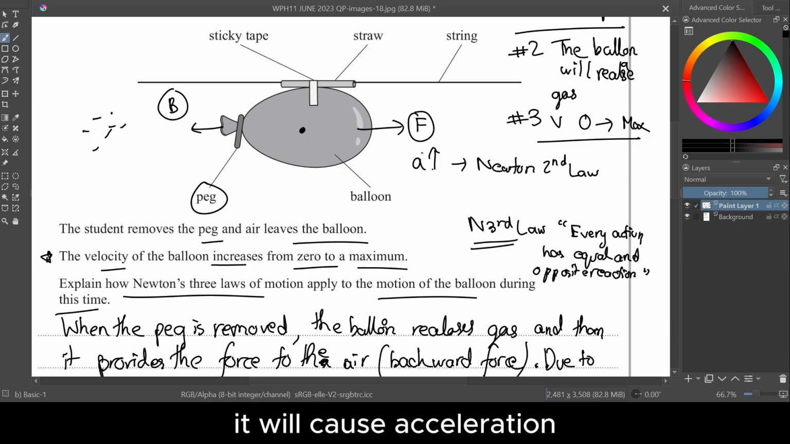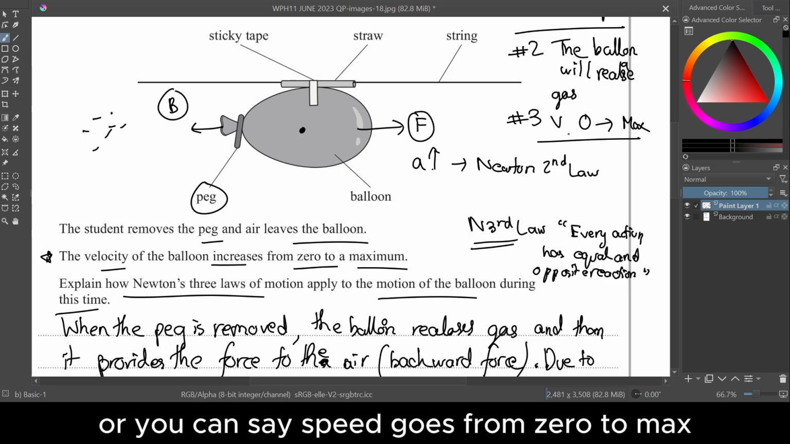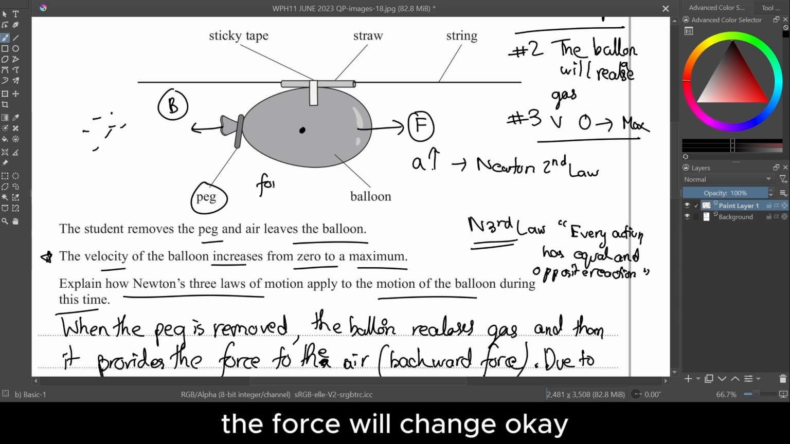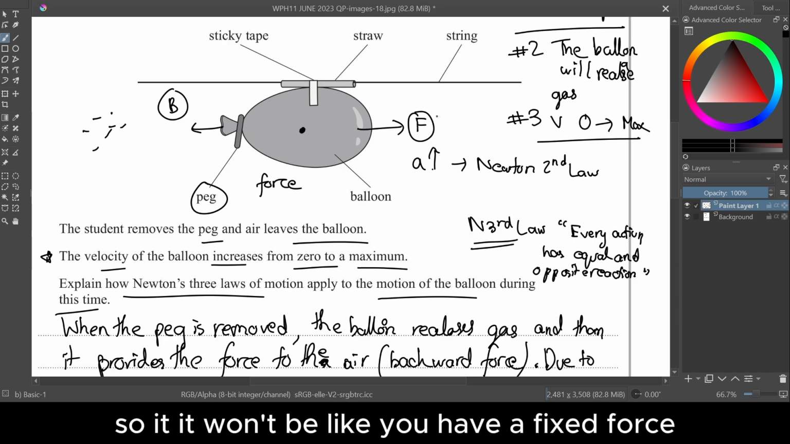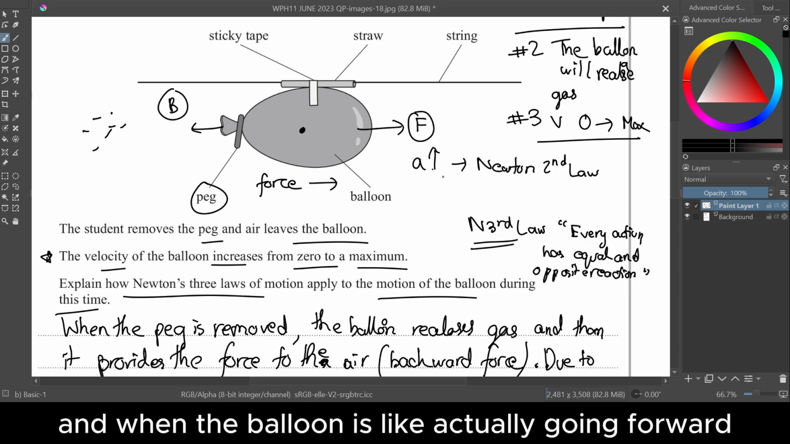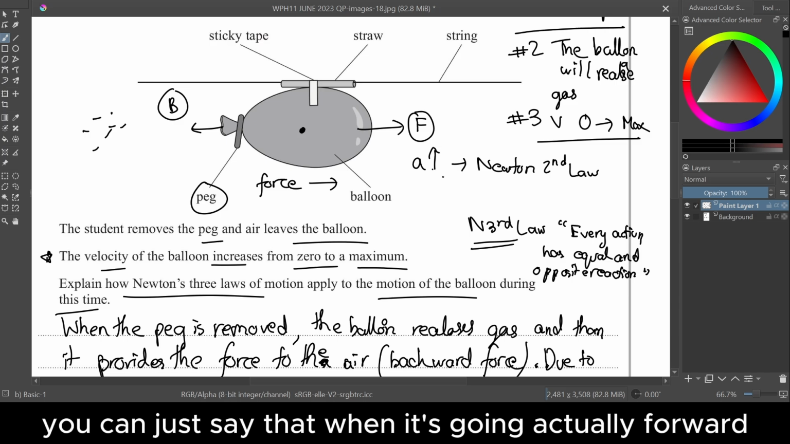It will cause acceleration. So now the velocity, or you can say speed, goes from 0 to max. While it's going from 0 to max, the force will change. So it won't be like you have a fixed force. It's like you're increasing slowly, right? And when the balloon is actually going forward,